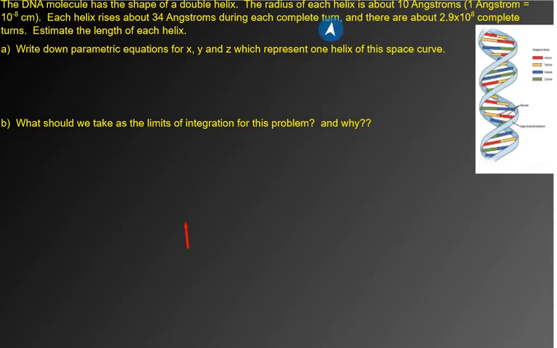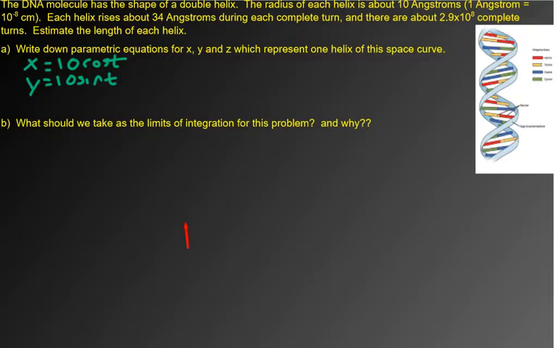So that actually should be enough to get parametric equations for a double helix. Basically we're finding just one of these strands here. It's not like we're finding both of them. But if you cut it this way and project it down into x and y, then it has to look like a circle. And the circle just has a radius of 10, so we would do 10 cos t, 10 sine t, and